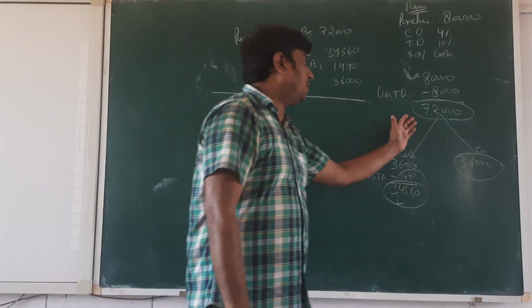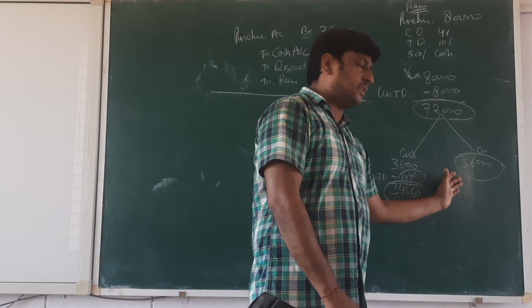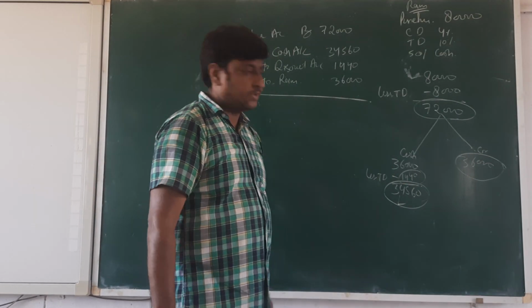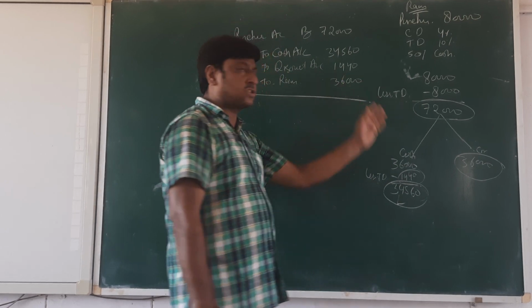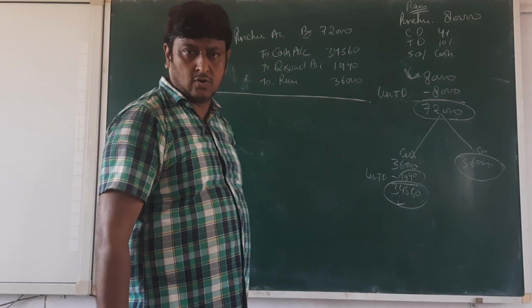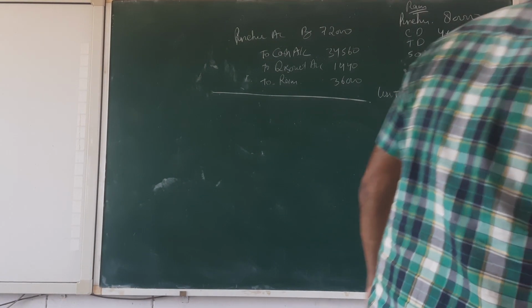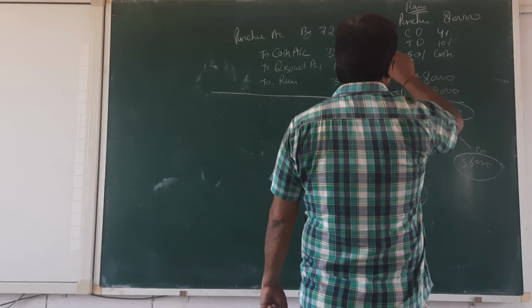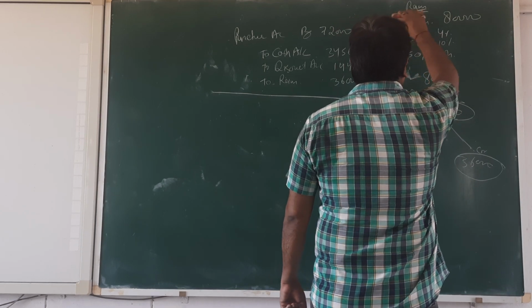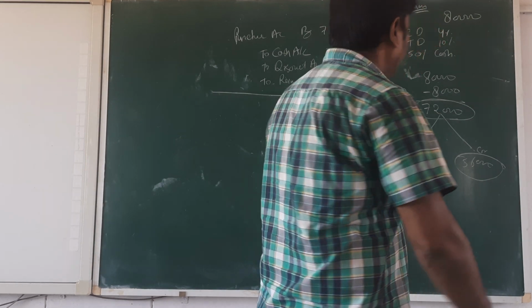Okay, this is the main amount of 72,000, we entered it in the purchase. This is on the credit, so entered in the RAM. This is the discount, entered in the discount. This is the cash received, entered in the cash. Okay beta? Clear? Now we are going to see the sell. If it is a sell, the same thing is there, but then what are we doing? In place of purchase, we enter only sell. Okay?